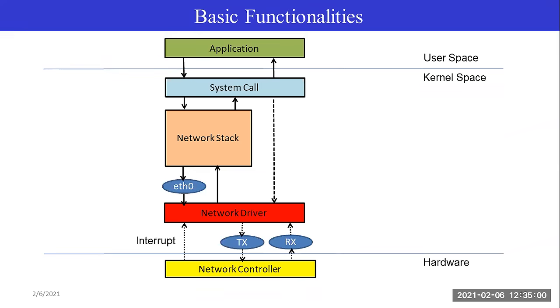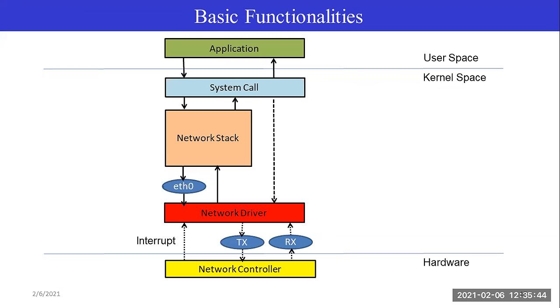That is one of the critical jobs that the network driver does, and another major work is to initialize the network controller. But apart from that, there are three regular tasks that the network driver needs to do. One is to send the packet to the network controller. The other is to receive the network packet from the network controller and forward it to the network stack. And the third is getting the interrupt notification from the network controller. Please note that this interrupt will be generated for various reasons. Number one, and the most common event, is to receive the packet.